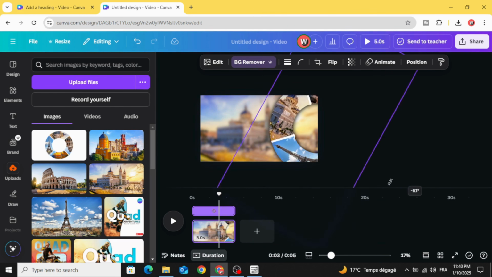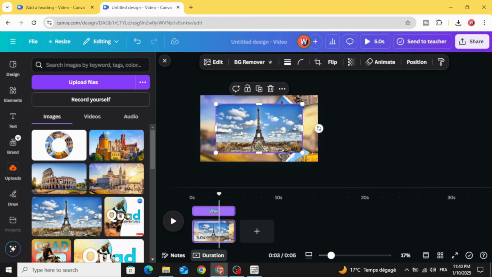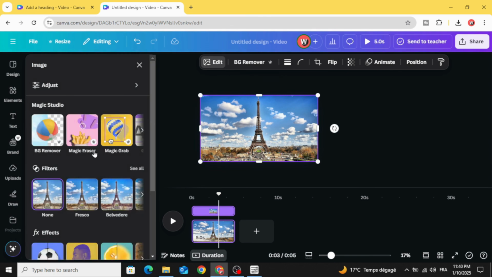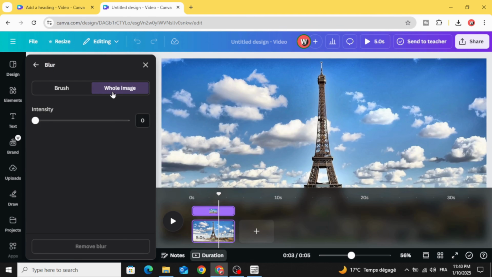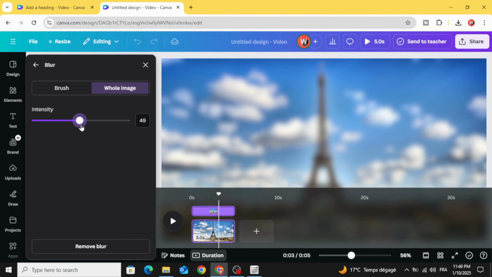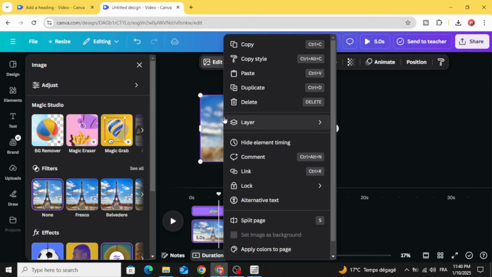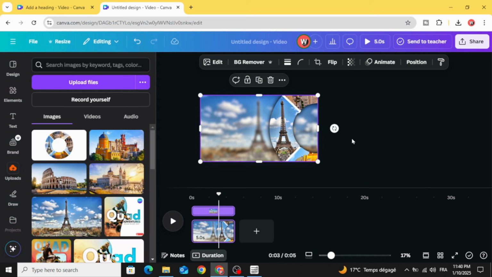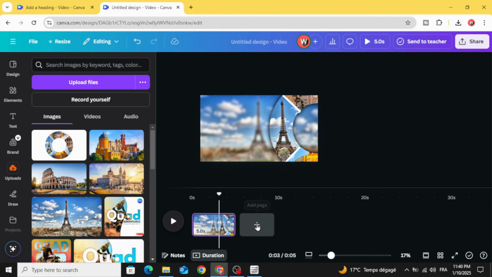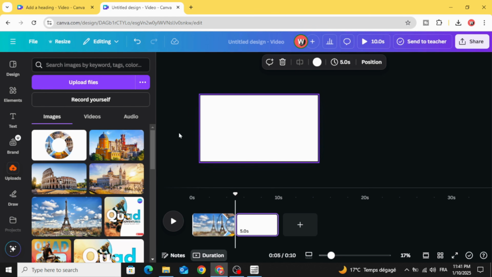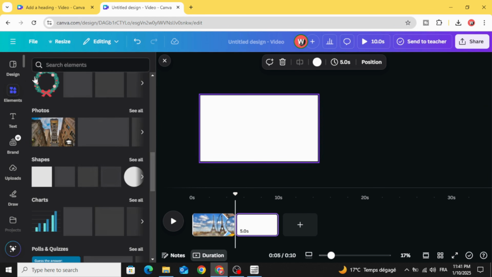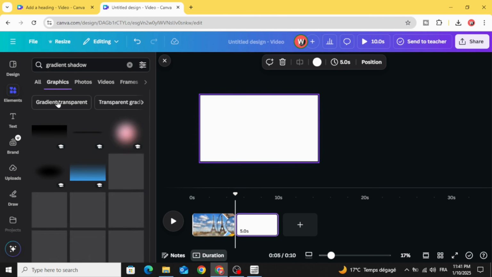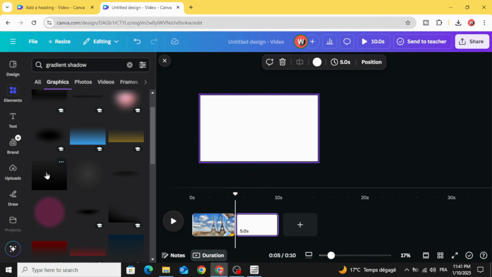And the last one that we have is France. Go to edit, blur, whole image, and 50. And now add new page and go to elements and type gradient shadow graphics, and let's choose this one,